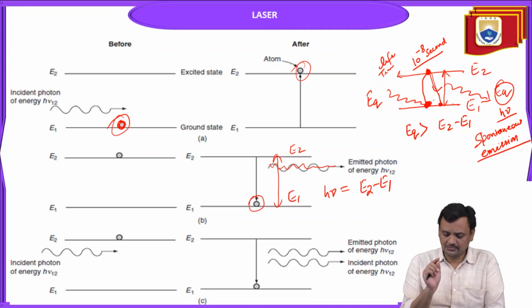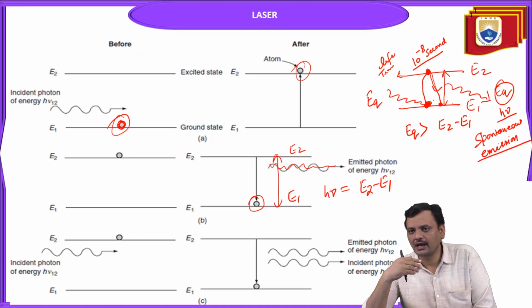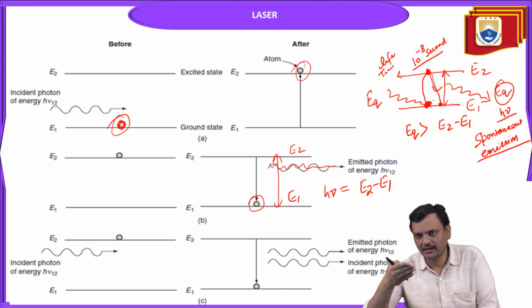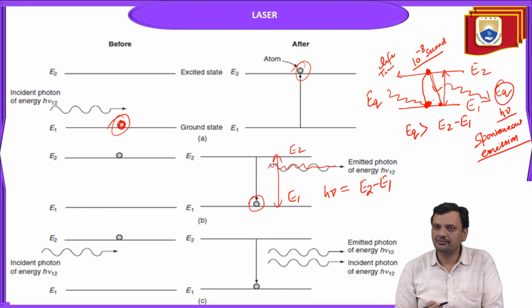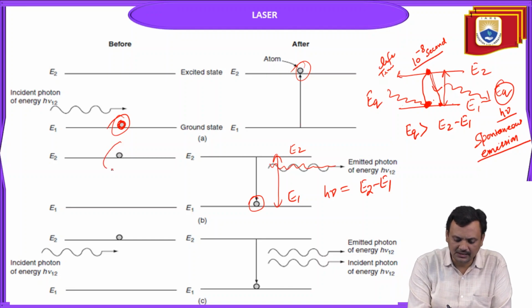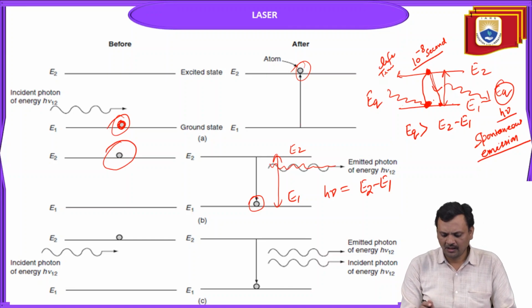That is the process which is available for amplification of light, and that phenomenon, that concept, is always used for generation of laser light. And what is that phenomenon? Remember this state. This state is important. Now this photon is generated,